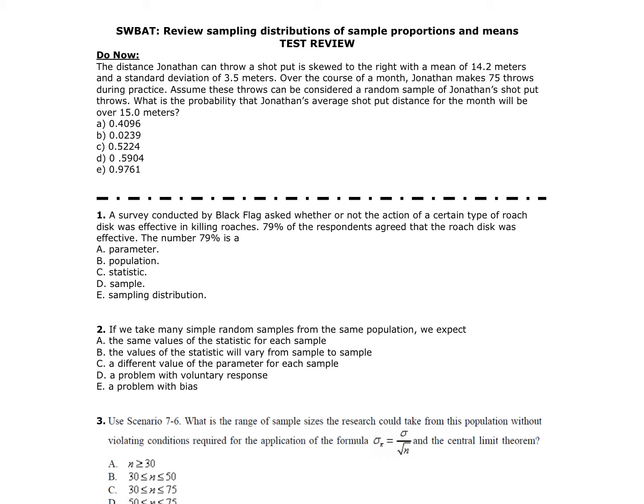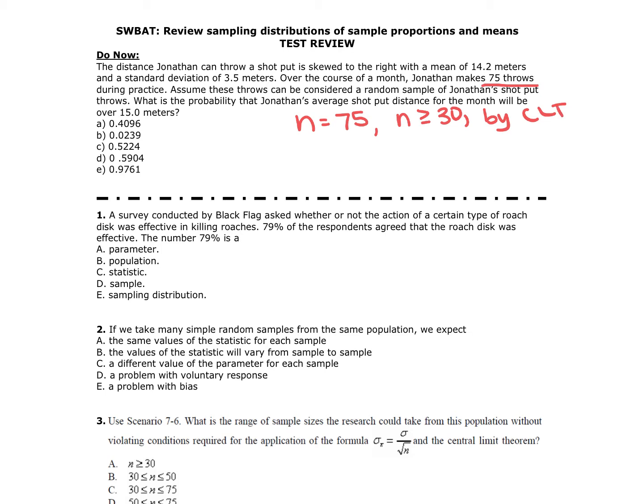So remember when we do stuff like this, a couple things we're looking for. We are looking for things that talk about means and standard deviations. When we talk about means and standard deviations, we want to try to make them normal. In order for it to be normal, it either needs to say that it's normal or we're looking for a sample size. In this case, we have a sample size where it tells us that he makes 75 throws. So my n is equal to 75. That is significant because we know that that number is bigger than 30. And if n is greater than or equal to 30, then by CLT, we can use the central limit theorem,